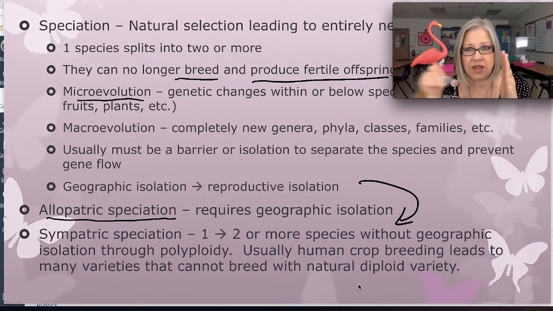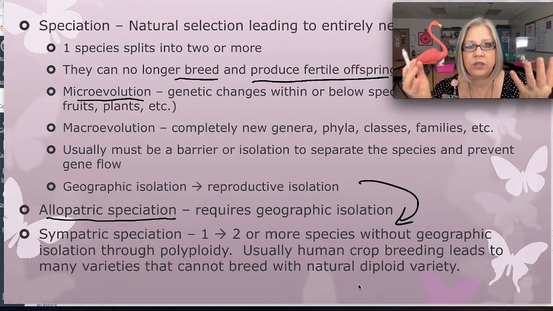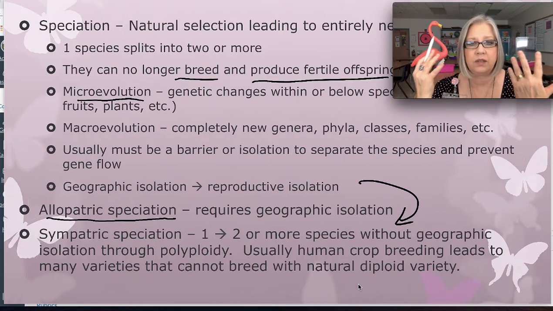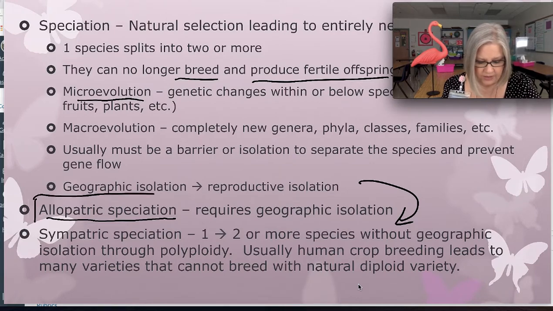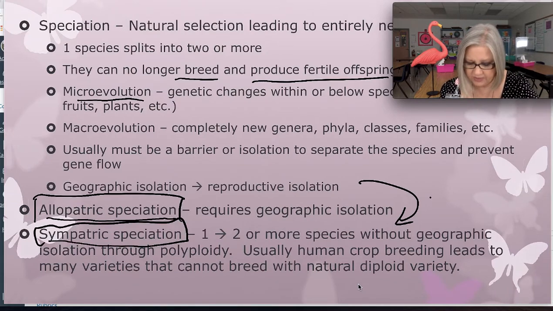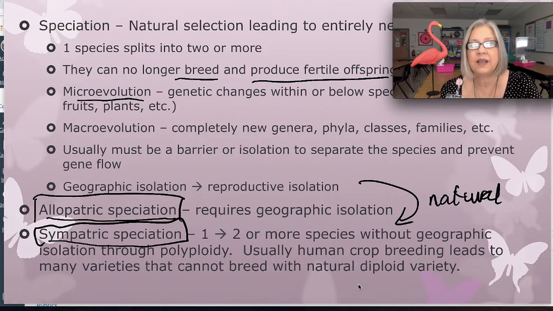They can't get across the ocean, so they started to speciate. They started to develop in those things. Learn this word, allopatric. Okay, allopatric. Sympatric, different word. So this one, allopatric, is natural. Sympatric, on the other hand, is something that humans do. And what we do is we start to breed things for our own